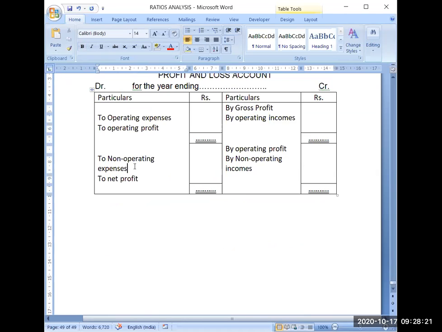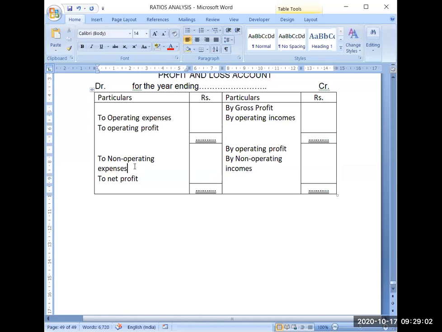And it is not compulsory that each and every time the question will specifically mention operating incomes, non-operating incomes, operating expenses. Some examples may be given, like salary is operating expense, dividend received is non-operating income, interest paid is non-operating expense. These may also be given in the question. You have to identify which one is operating and which one is non-operating. So you should clearly know the examples of these operating expenses, non-operating expenses, each and everything that you can see here in this slide I have shown you yesterday.